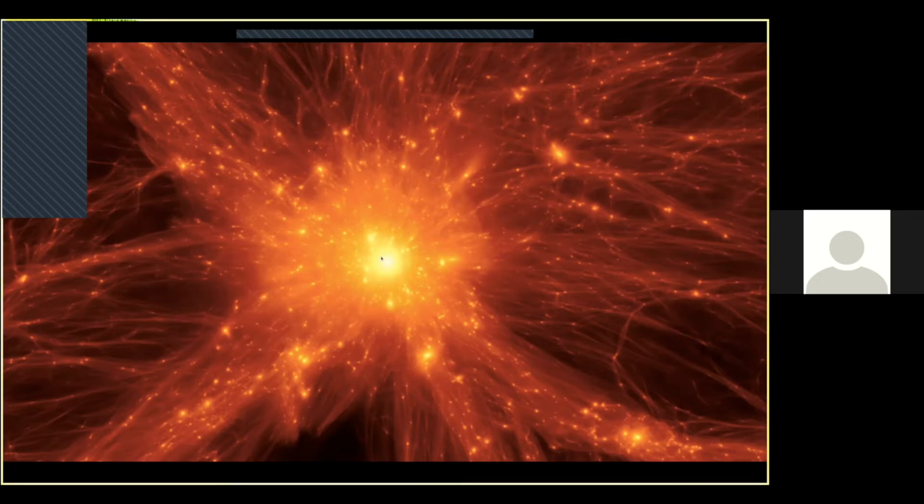And probably the second thing that you see is that there's a lot of substructure going on here. There's these little tiny filaments spread all throughout that seem to be feeding towards the dark matter halo. You can see these little tiny other dots, and those are smaller dark matter halos that are surrounding it. And what we believe happens is that galaxies form inside of these dark matter halos. So I've put a little blue oval here that shows you about the size that a galaxy would be relative to this dark matter halo.